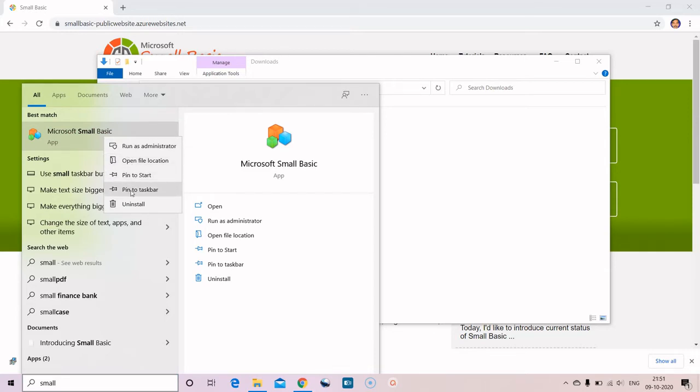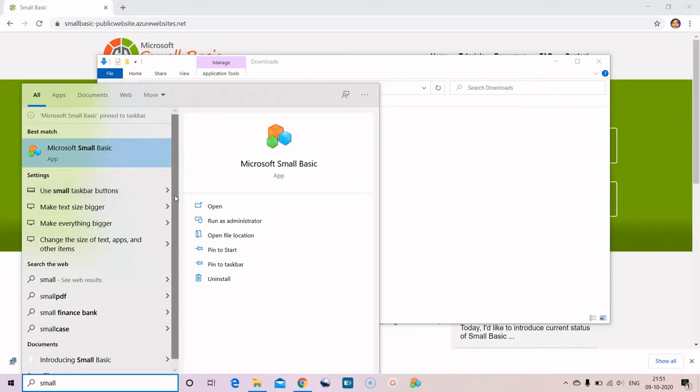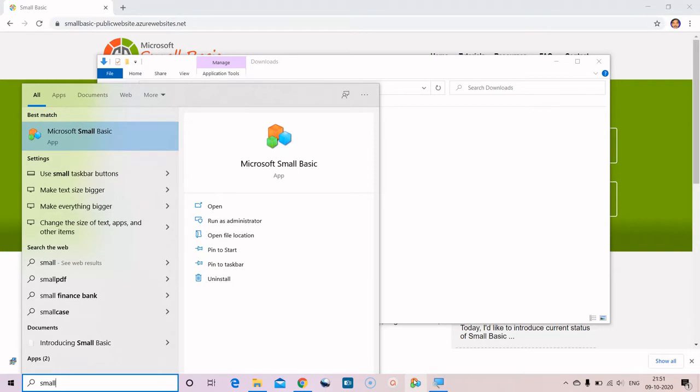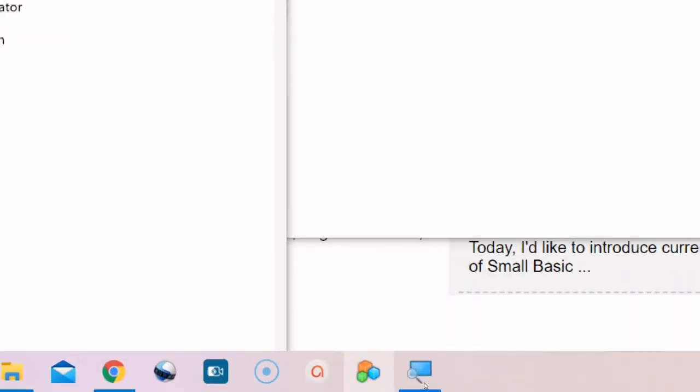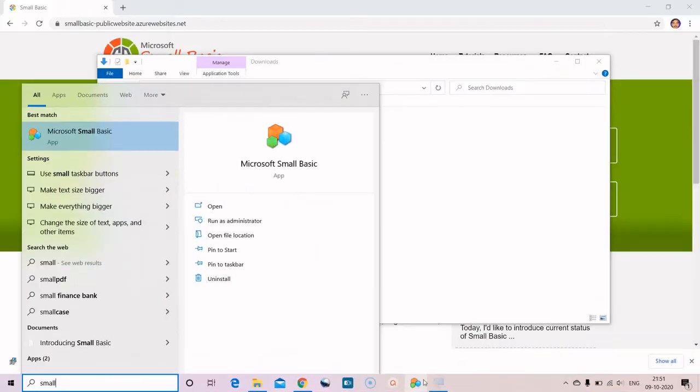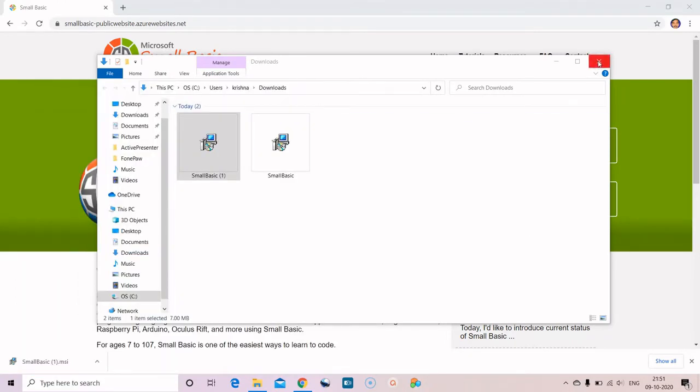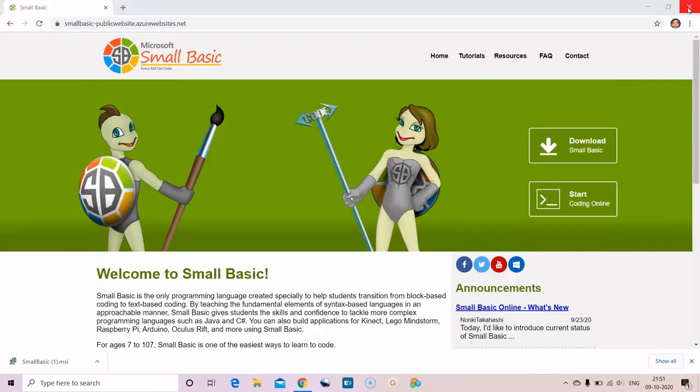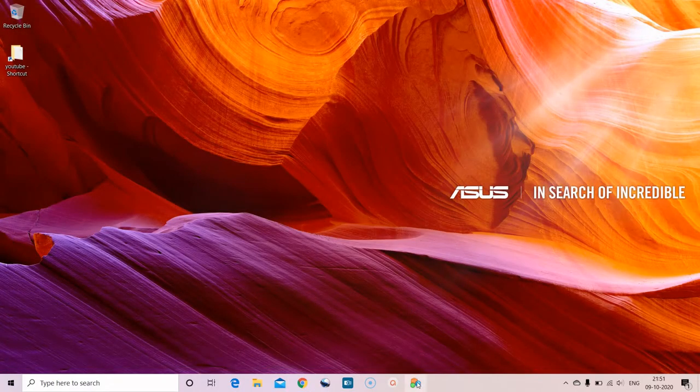So I'm right clicking and clicking on pin to taskbar, which means we can access it from the taskbar instead of each time going into the start button. Yeah, now we can see the icon on the taskbar. I'm clicking it on the taskbar.